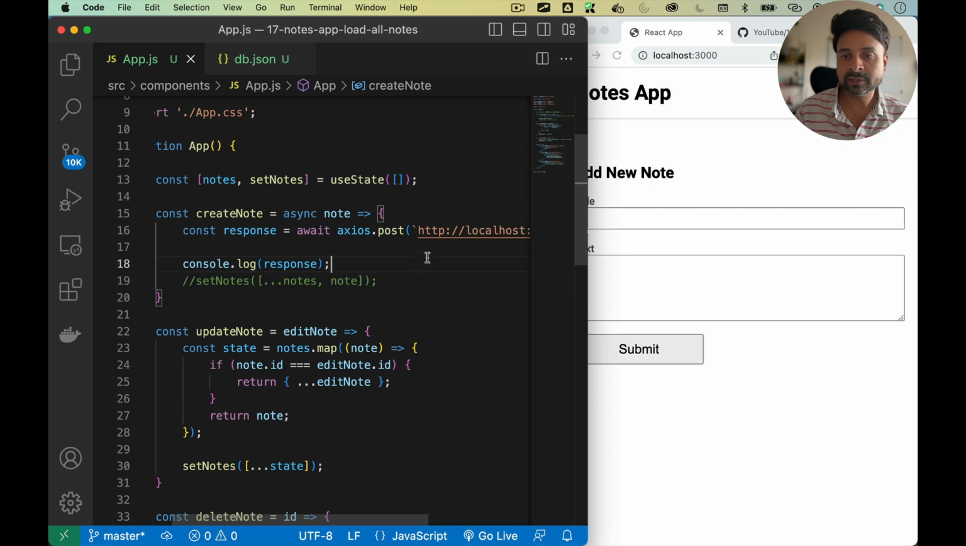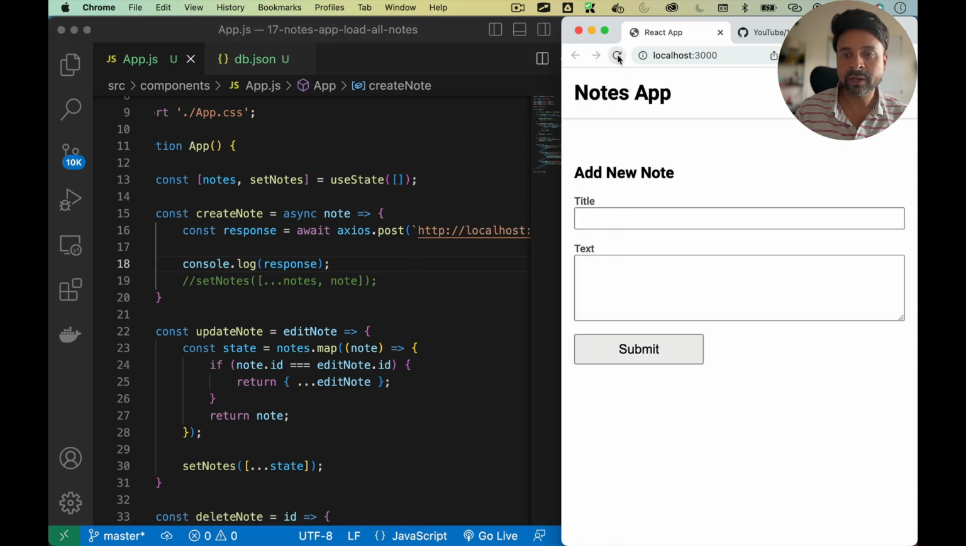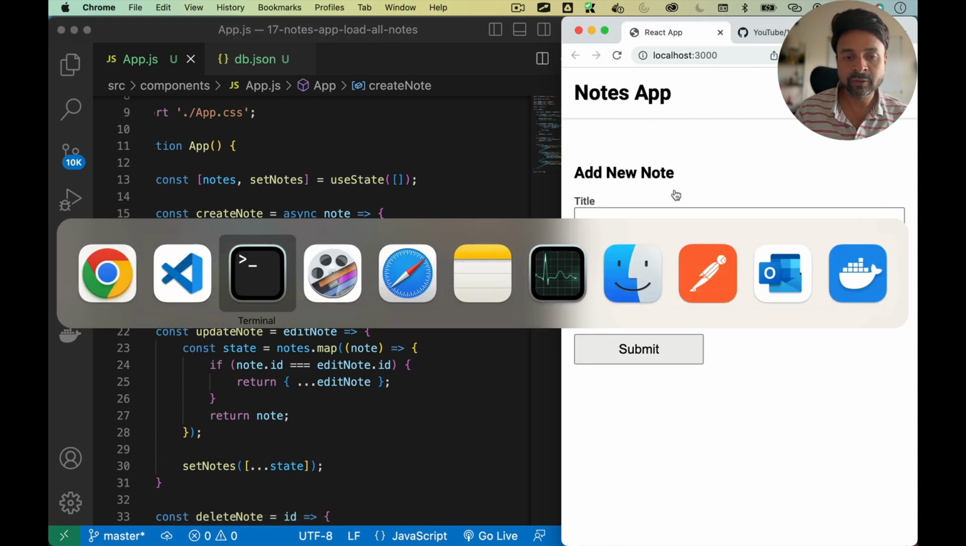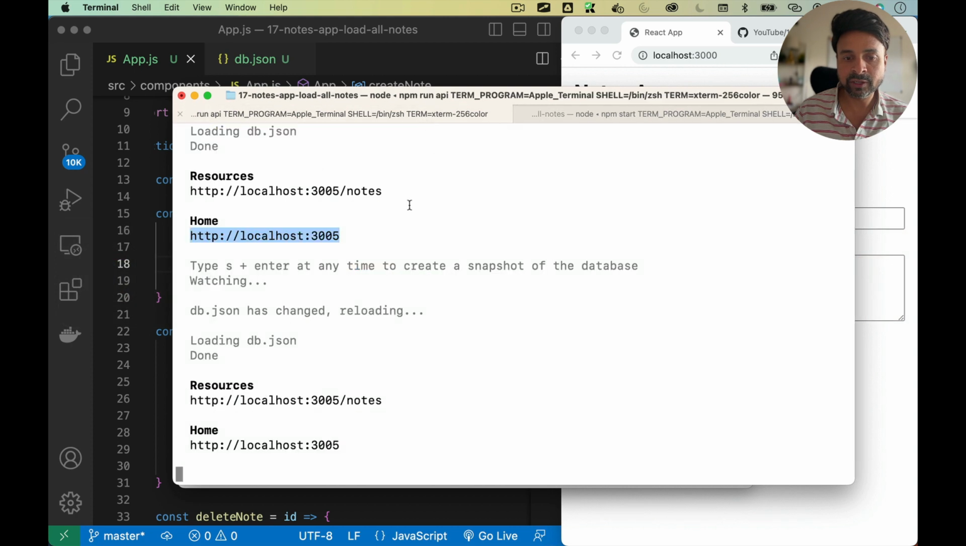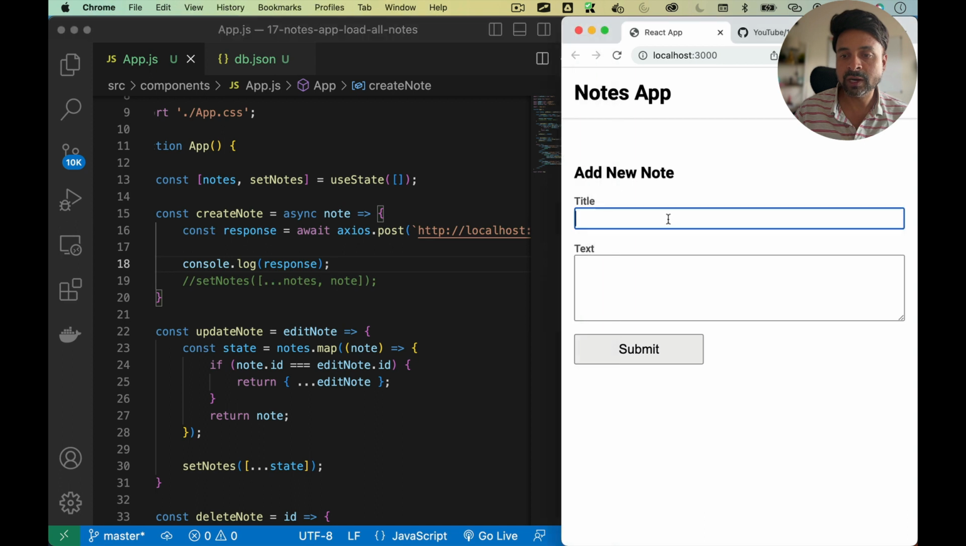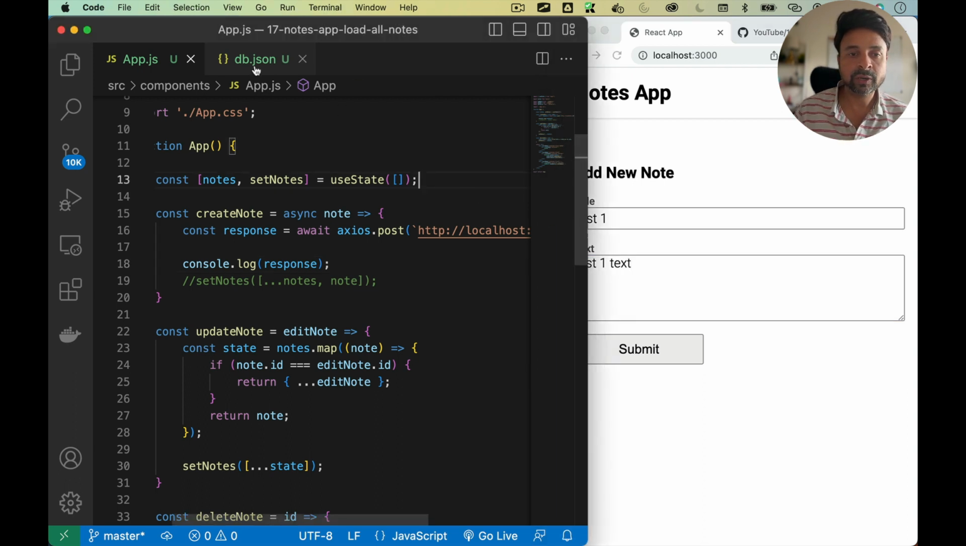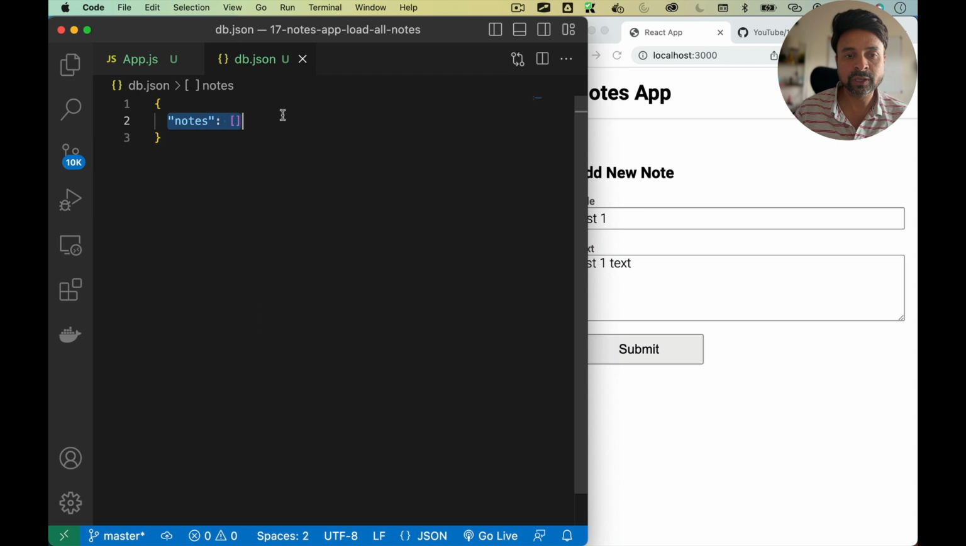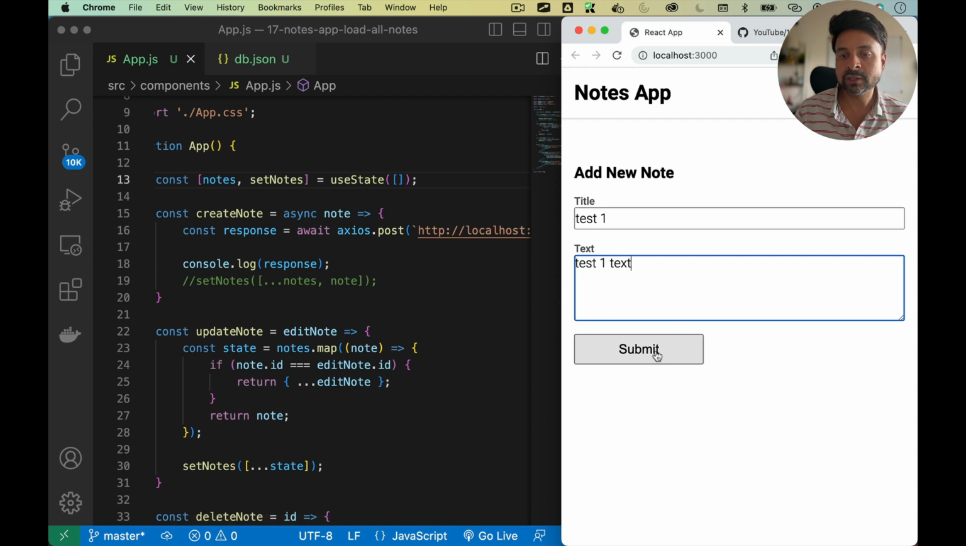So I'll save this, refresh, and hopefully everything is running. My application is running. My JSON server is also running. Let's try to add a new node. So say test1 and test1 text. Okay, before that, I want to show you there are no nodes inside my nodes, it's empty. Now I'll submit,